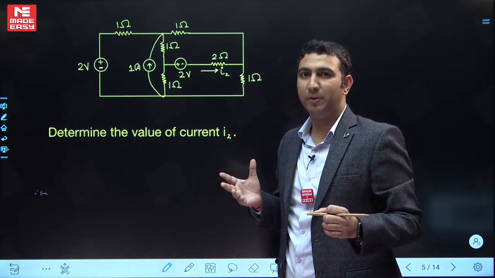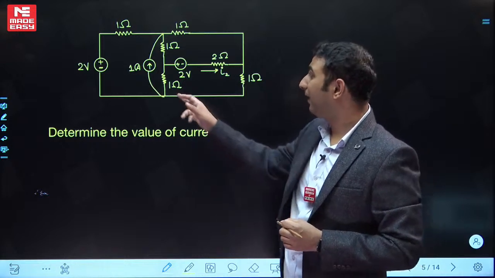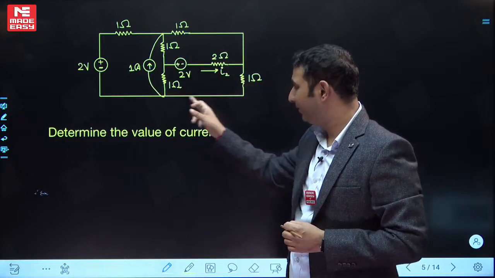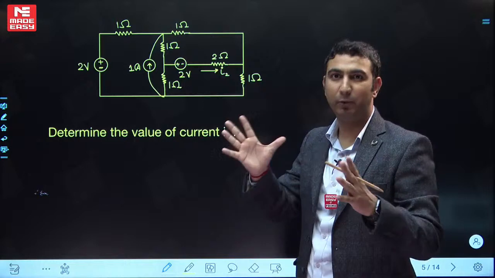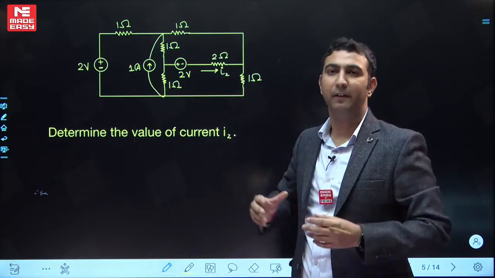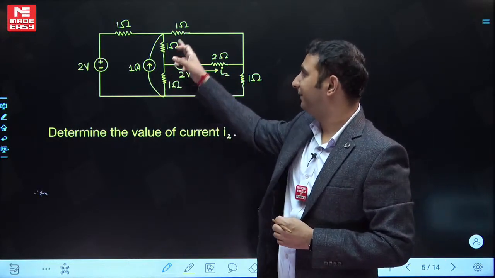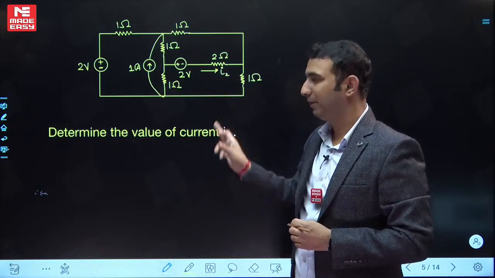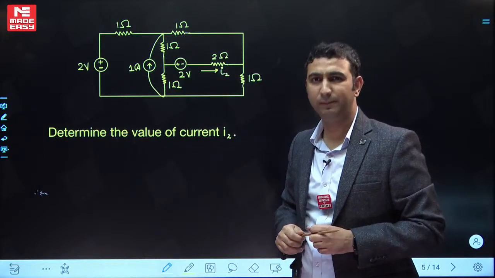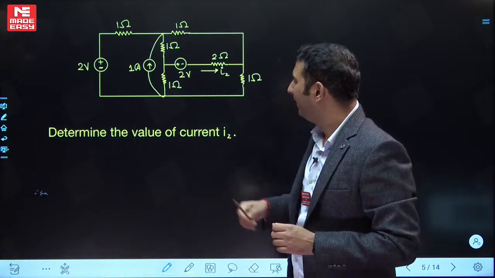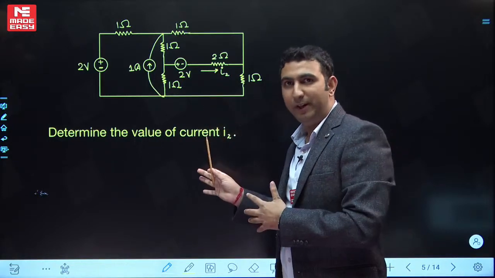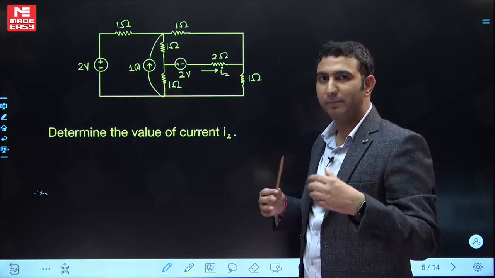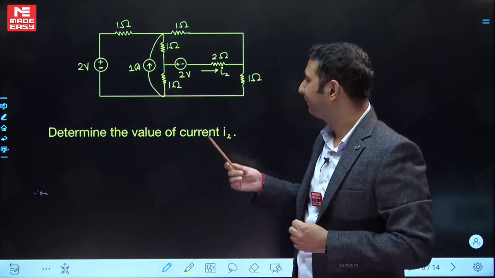So how will I think about the superposition theorem in this question? If you have identified that this is a bridge, because in class I showed you many bridges, we saw bridges in quite hidden ways. So if you have identified that it is a bridge, the question is over. How? First, just have an overview, because when you're sitting in the exam, this is how it gets done quickly.